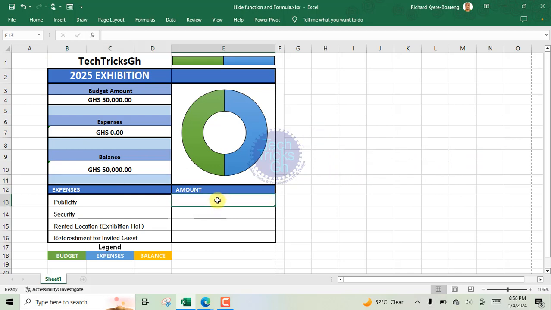It is now time to input the expenses for publicity. For instance, 20,000 Ghana cedis. Instantly, Excel computes the results automatically and displays it within milliseconds. Continue by keying the expenses for security. For instance, 10,000 Ghana cedis. Instantly, Excel computes the results automatically, displays it within milliseconds, and updates it on both the expenses and the balance